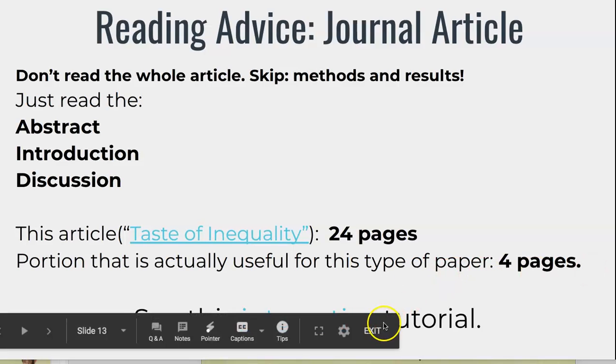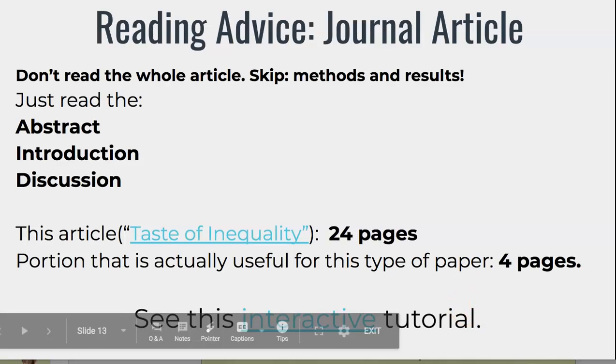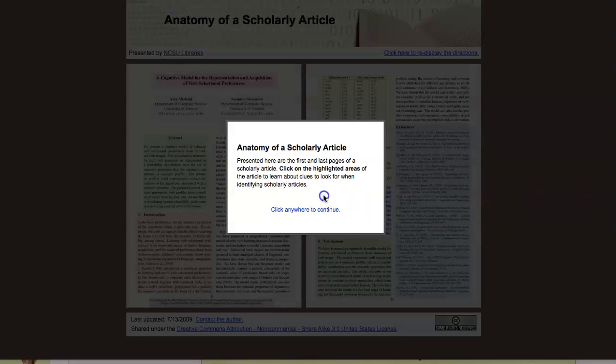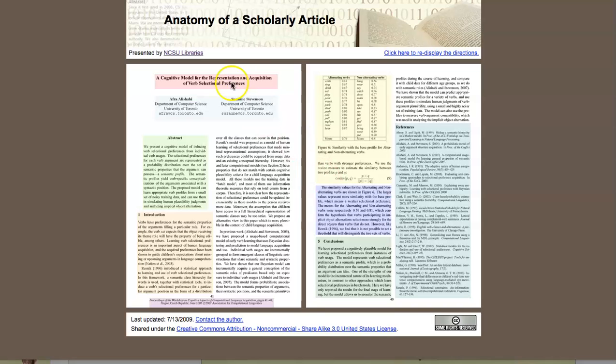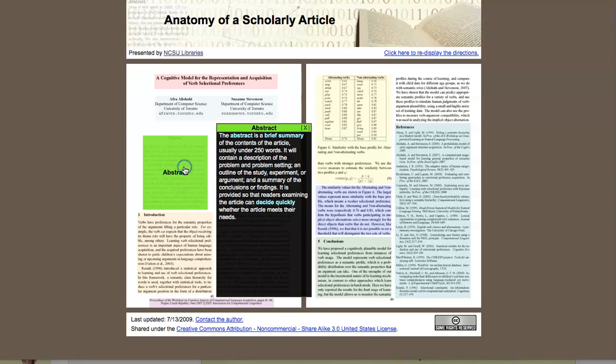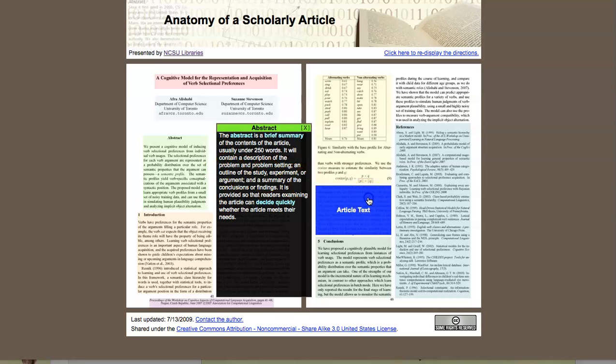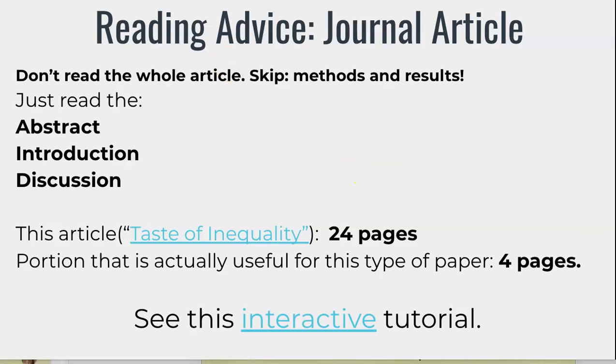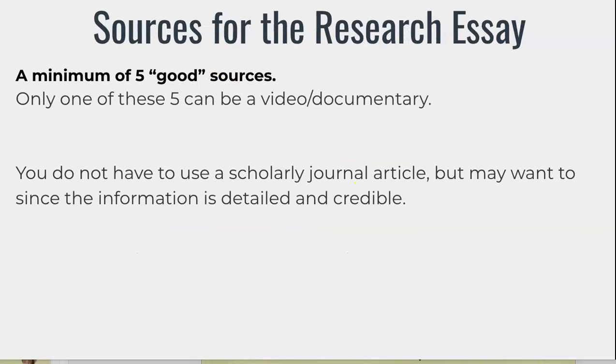There's this interactive tutorial that I will link on Canvas that I'd like you to check out later. But it's nice. It just kind of goes over the anatomy of a scholarly article, telling you what you find in each section of the article. So check that out if you're more of a visual learner. I think that's a useful way of looking at it. So just to sum up, you don't have to find a scholarly article, but